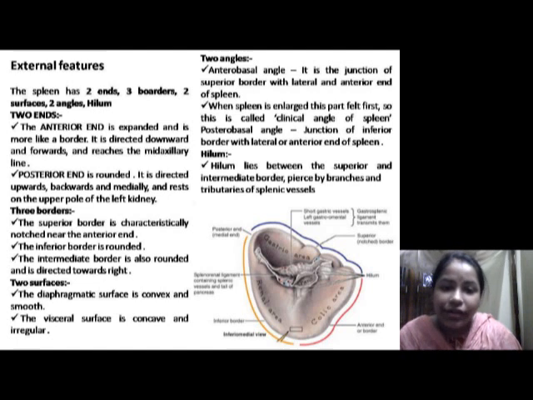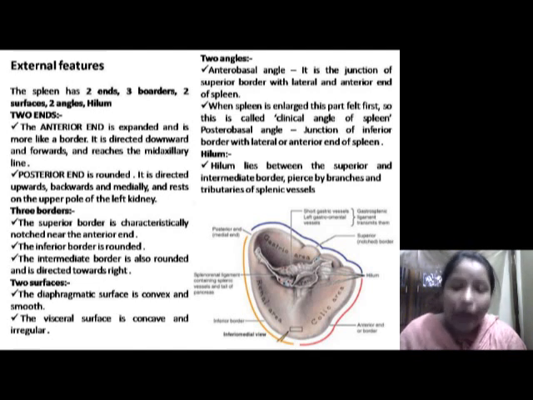And the visceral surface is divided by a bridge into two regions, an anterior or gastric and a posterior or renal region. The visceral surface is related to the left kidney, stomach and splenic flexure of colon. Each surface is covered with visceral peritoneum, which is reflected as a double layer onto the left kidney as splenorenal ligament.